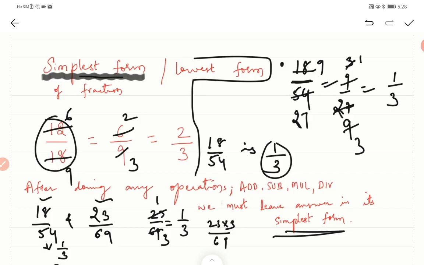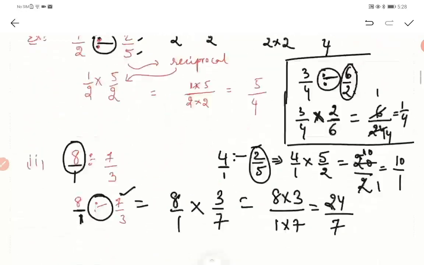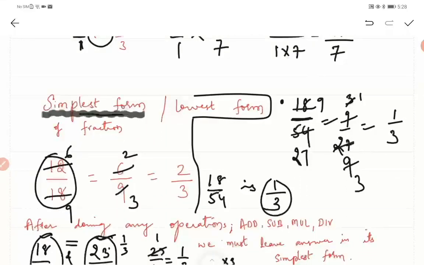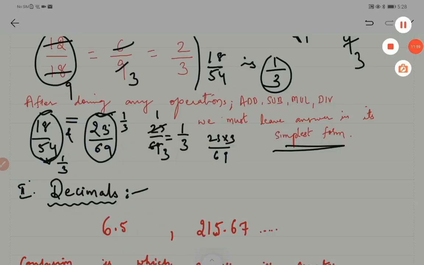So like this, you'll get some questions. Okay, two pairs of fractions will be given, so you need to use your simplest form method. You need to get them in simplest form and determine whether they are equal or not. These two are equal, isn't it? Because this fraction will give you 1 by 3 in simplest form, and this also will give you 1 by 3. Okay, this is all about fractions. We will do exercise problems in our Zoom meeting. Okay, the next part of your unit is